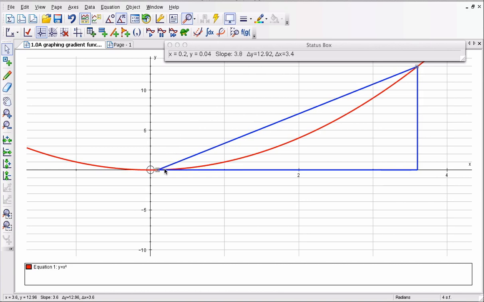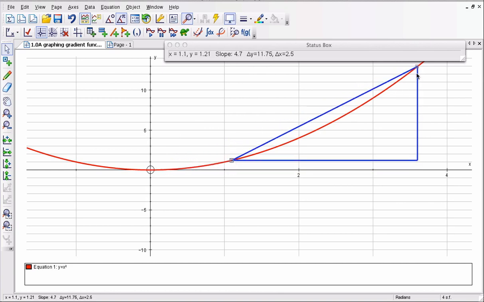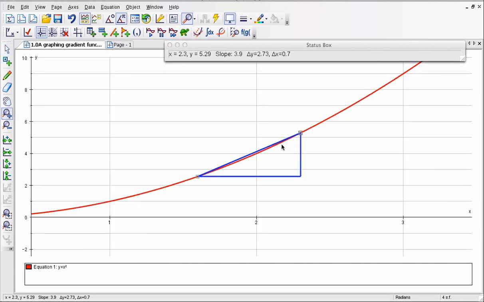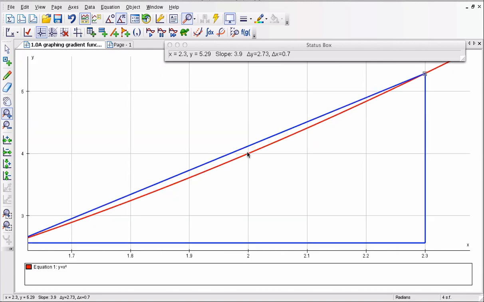If we want to get more accurate, we can get closer and closer to the point 2. Now we see the slope is about 4.1. And if I zoom in, I get it closer. Now it's about 3.9. Okay, so it looks fairly close to the slope at the point 2, but if I zoom in, you can see it's not quite matching up,